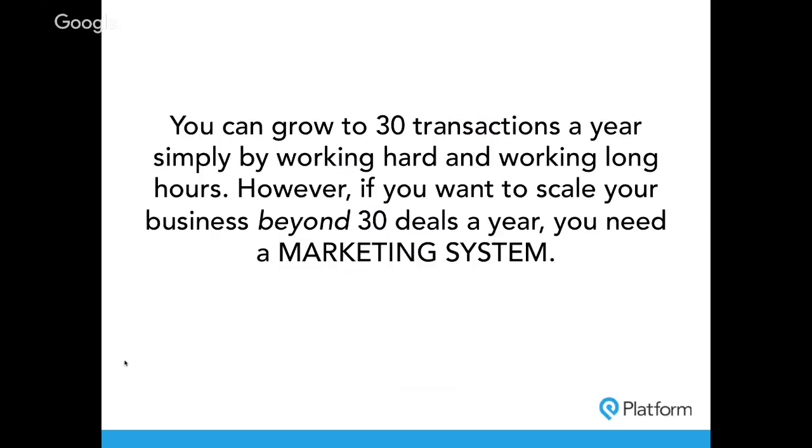So I kind of hinted at that before, but here's what specifically happens. Agents run out of time. Their first year, maybe they did 10 closings. Their second year, they did 20, and they're all excited about that growth. Their third year, they did 27, or 32 or 33, or something like that. It's not literally 30 transactions on the dot, but around 30 closings a year.